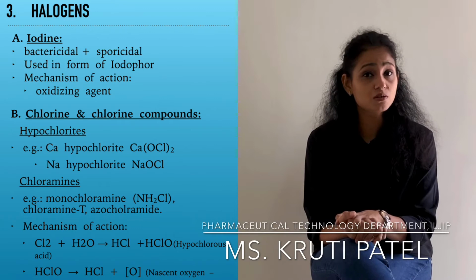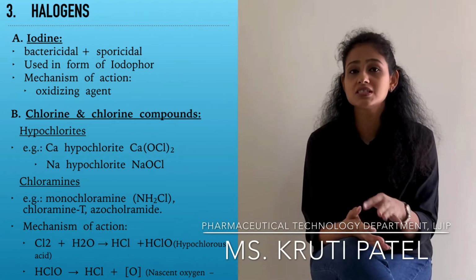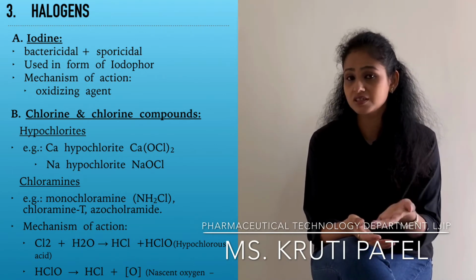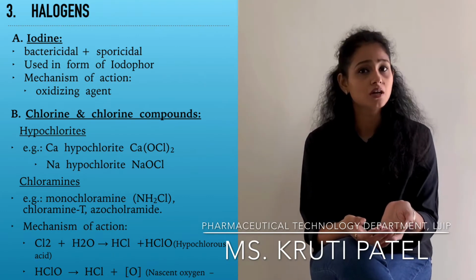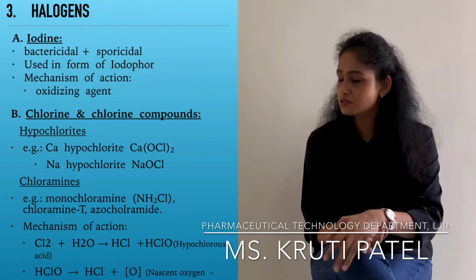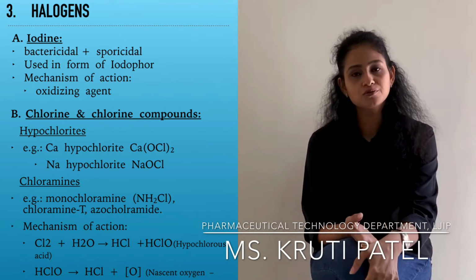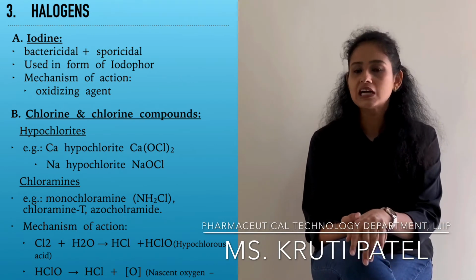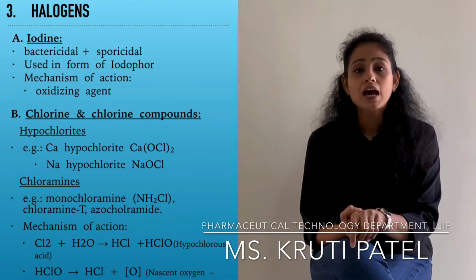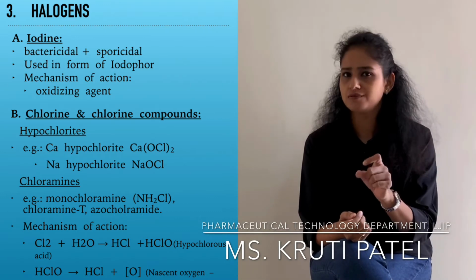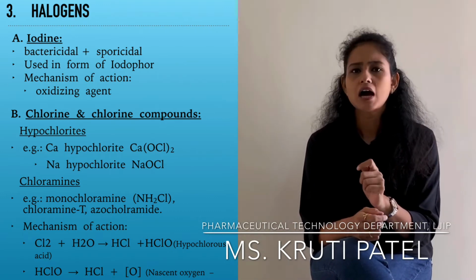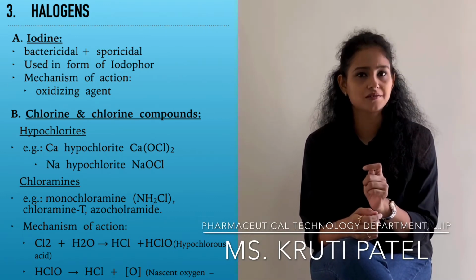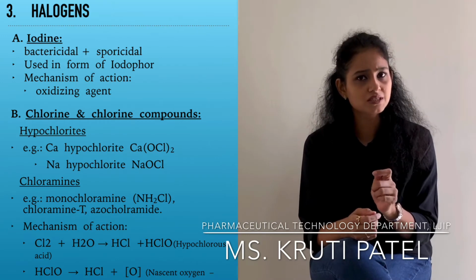Chlorine is a very good example we use for the sterilization of water, right? We sterilize water using chlorine many a time. So these two are wonderful agents used for sterilization purposes. Let's start with iodine. You might have used iodine in your lab. Iodine has one important characteristic. Which important characteristic is that?